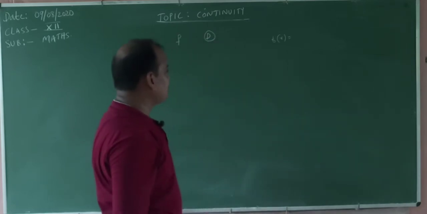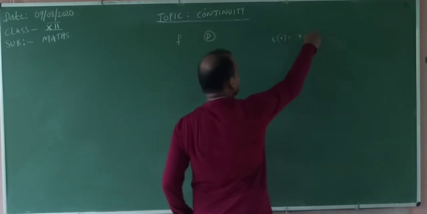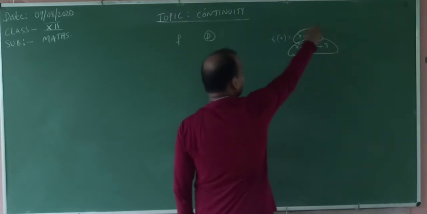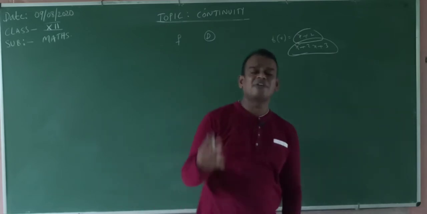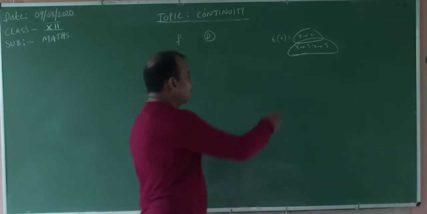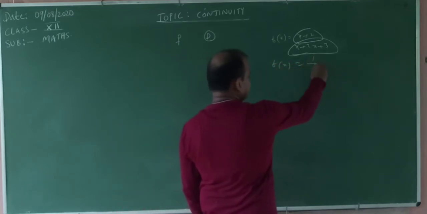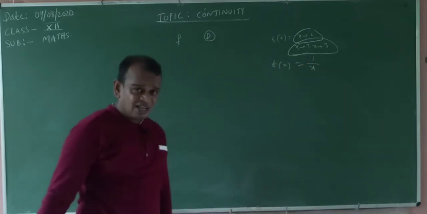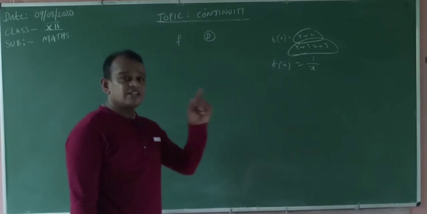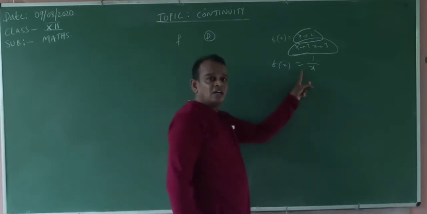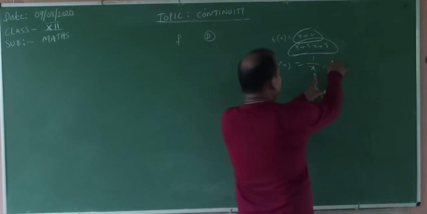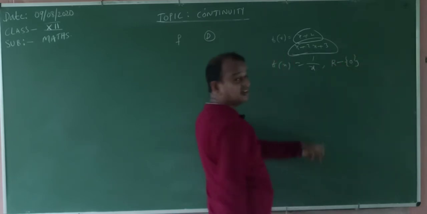Okay. Now f of x is equal to, suppose, x plus 2, or x square plus 2x plus 3. Whatever it may be, linear, quadratic, cubic or biquadratic, 100% it is continuous on the real numbers. Suppose f of x is equal to 1 by x. Already yesterday I told you about 1 by x. Is it continuous for every real number? No. It is discontinuous for x equal to 0. When x is equal to 0, 1 by 0 is infinity. What is the domain of this one? It means R minus 0.